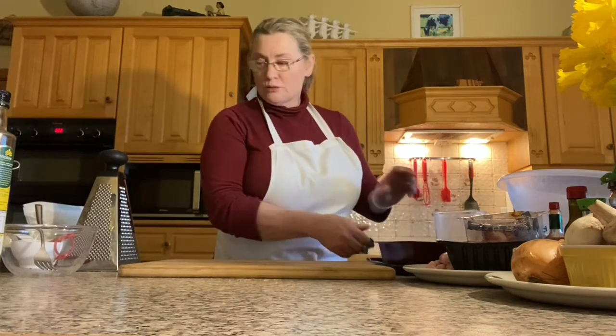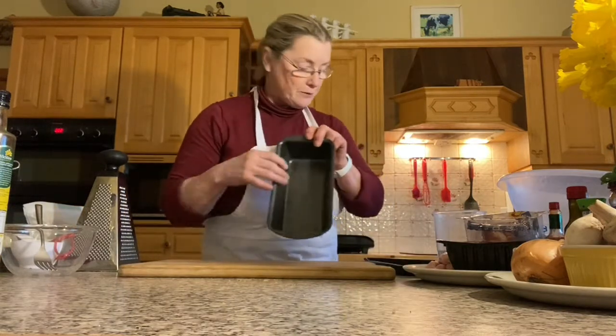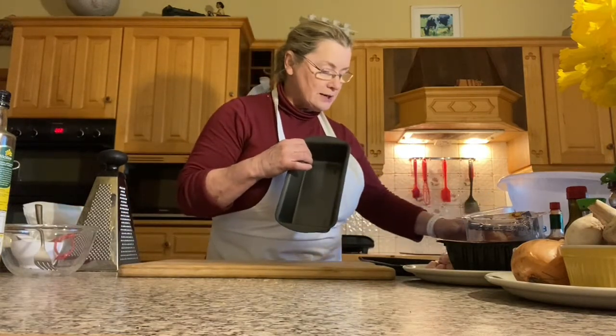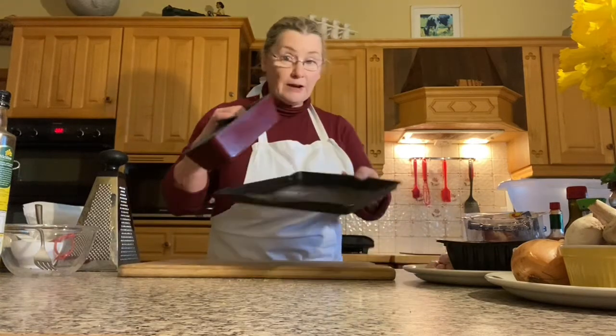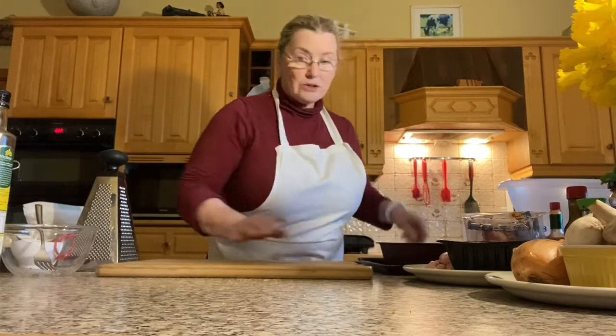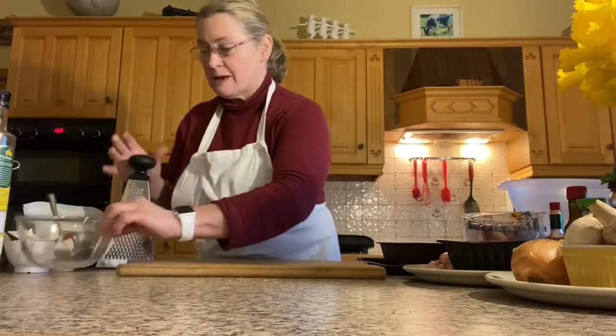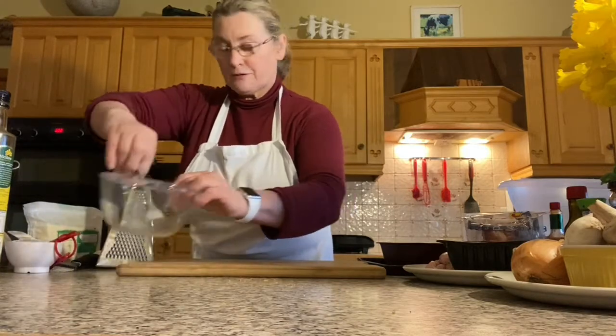Okay, so we'll first of all take a quick look at our utensils. I have here a loaf tin for my meatloaf, and it's a good idea to always put a flat tray underneath it in case it would spill over. Chopping board for chopping our things, a grater for grating some cheese, a small bowl and a fork for beating